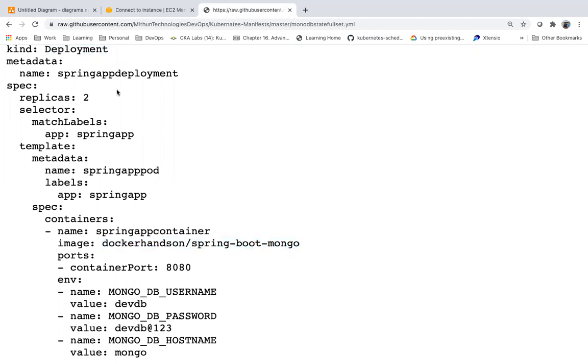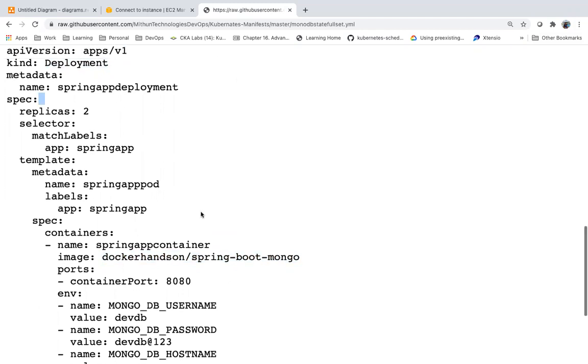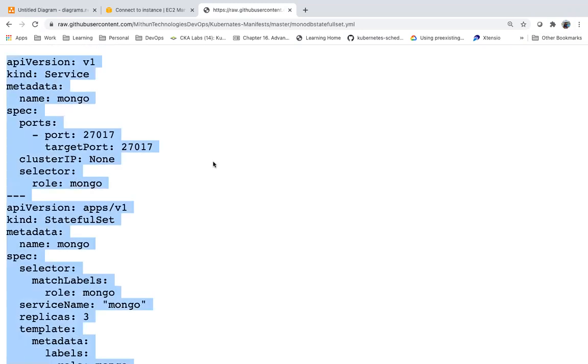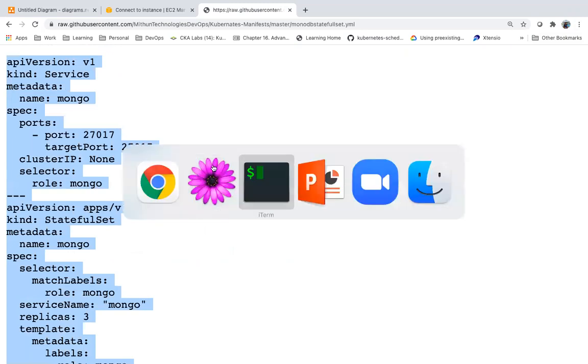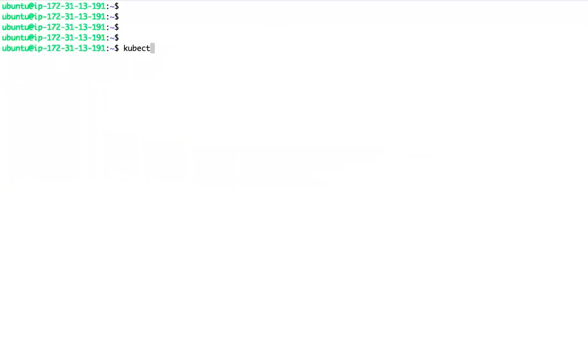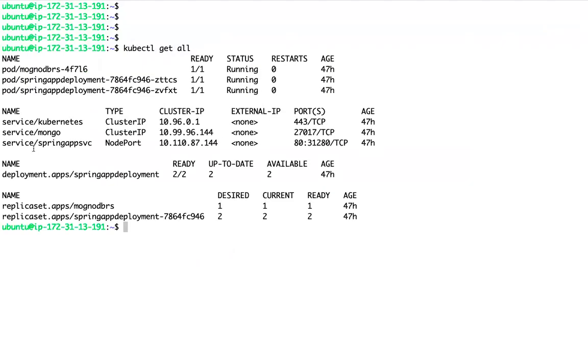We are using deployment. So this is my manifest file. Let me take this manifest file. Let me delete the existing one. I already have this one, but this time my database is running as a replica set. Now I am going to use stateful set. Let me delete this.